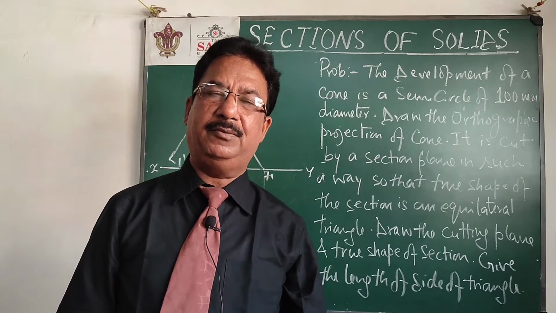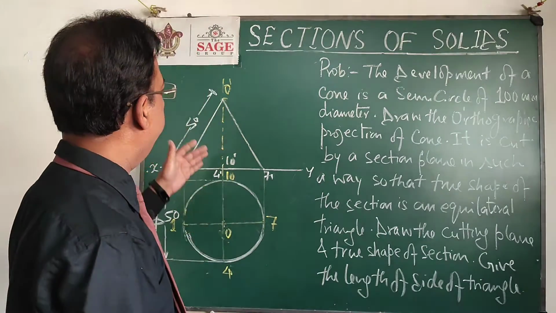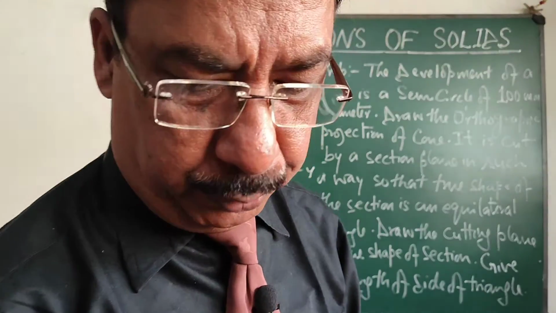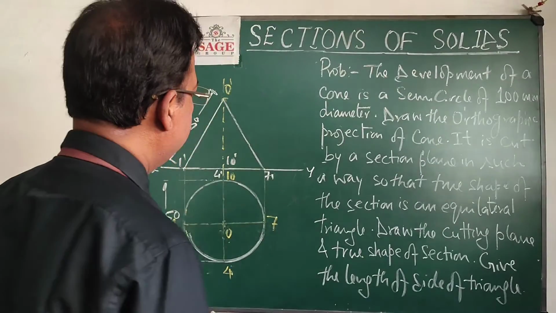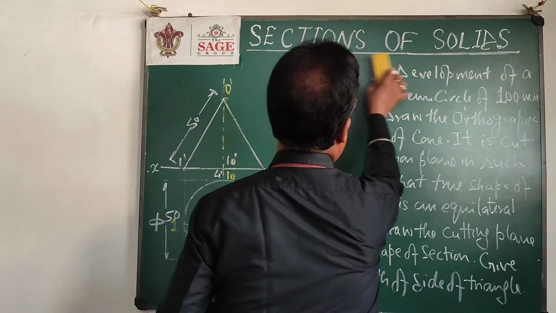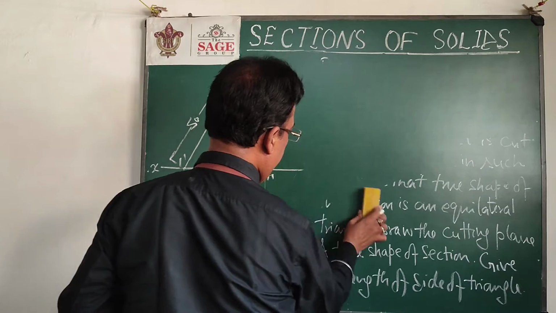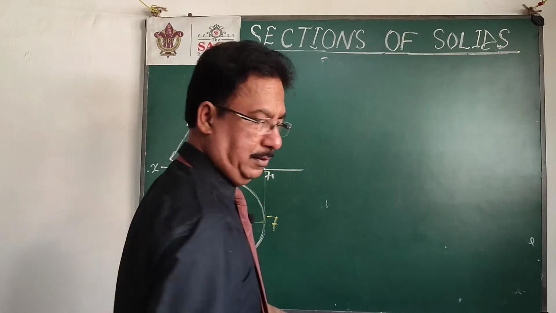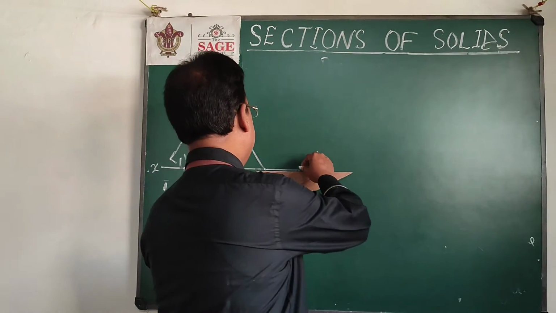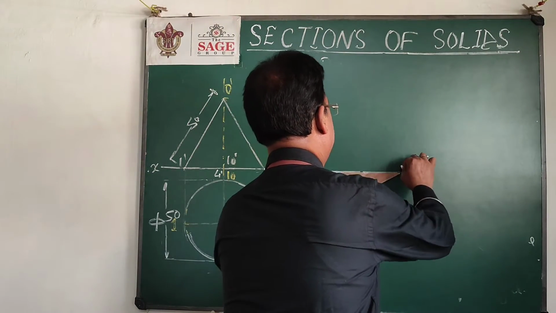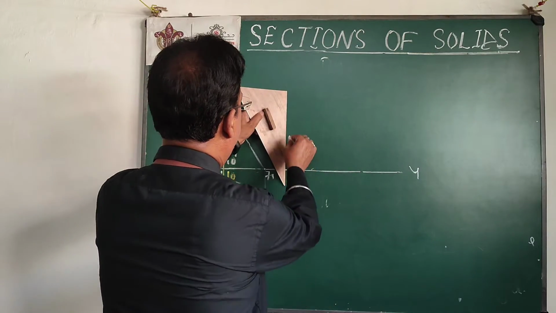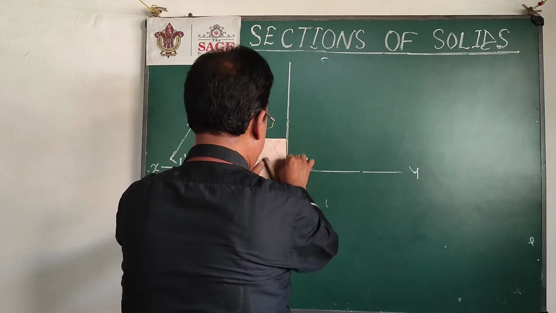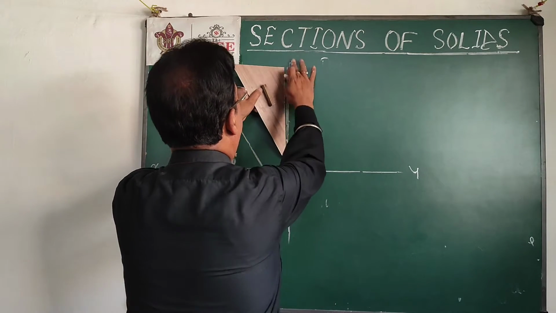And as in this case we want an equilateral triangle, so better I can cut this cone through the axis and divide this whole cone into two equal parts, and that is the way to get the true shape. That will be an equilateral triangle, and the size of that equilateral triangle will be 50, 50 and 50. So for that I am going to cut this solid by a section plane, and then I will draw its side view, and in the side view I will get the true shape.